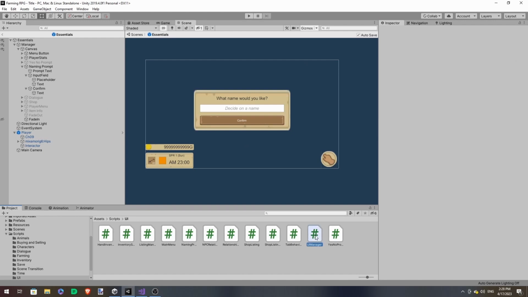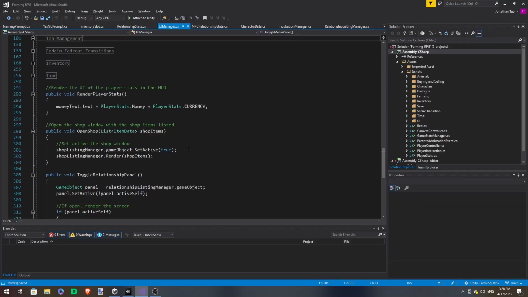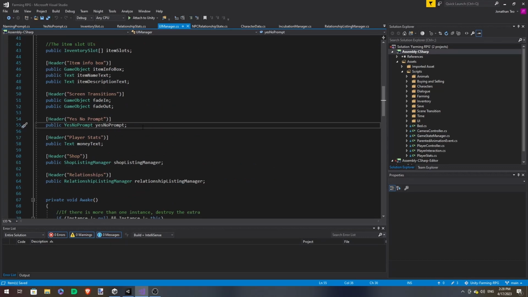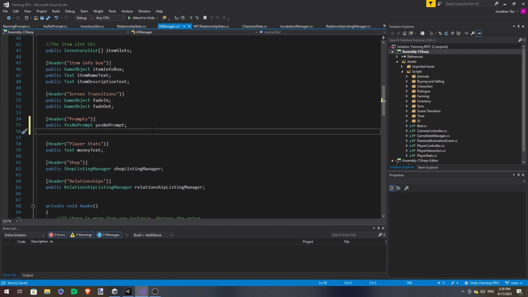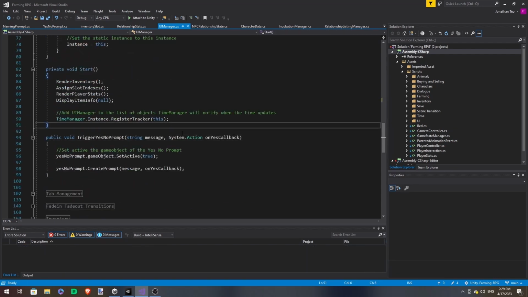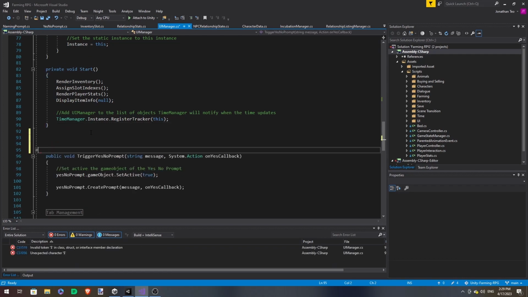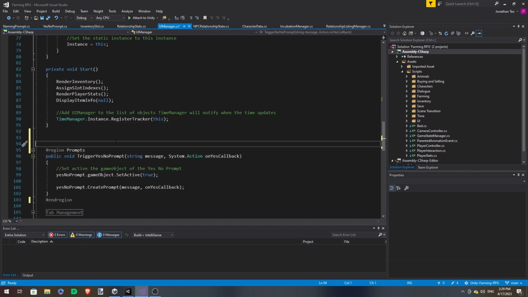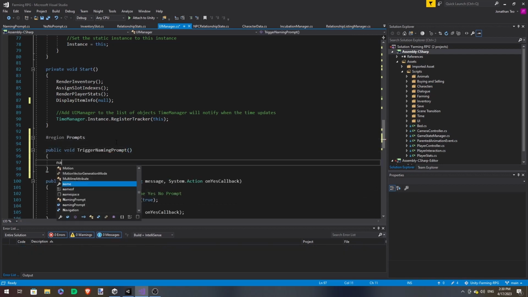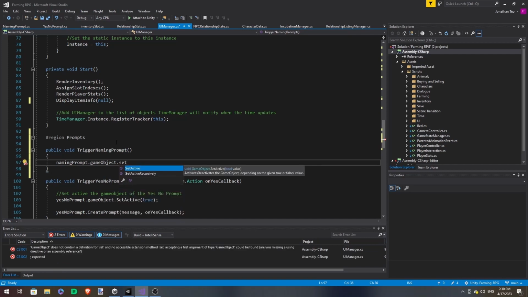Let's get to UI Manager. Right, so under this section, just rename this to prompts. Declare a new variable. Same logic as the trigger yes no prompt, but instead let's make a region, and in a similar fashion, name this TriggerNamingPrompt.